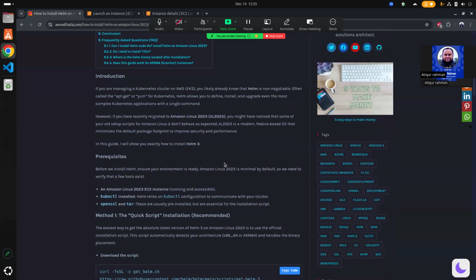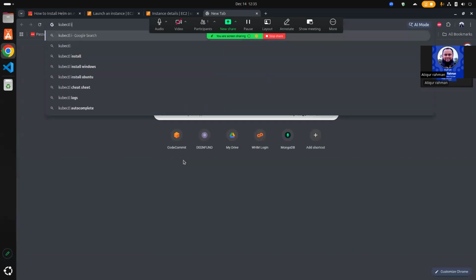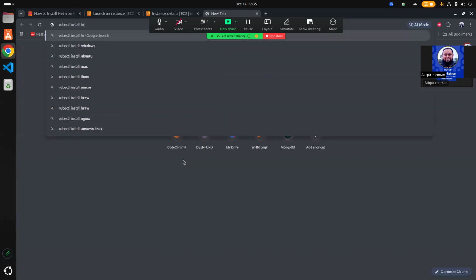So if you read my blog, I have mentioned that we need to have kubectl installed first to be installing Helm, and we need to have OpenSSL and tar. By default, OpenSSL and tar are already installed. We just need to install kubectl first. So to install kubectl, if I just Google here kubectl install Linux,